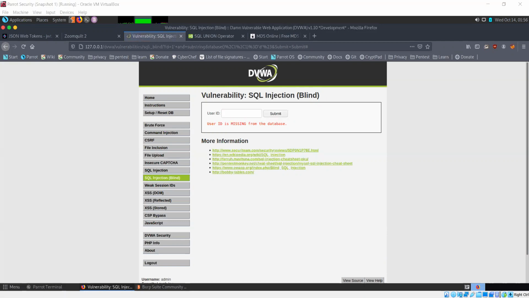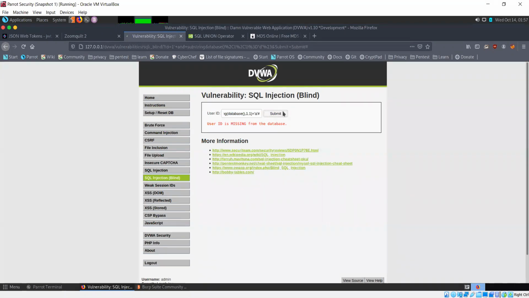Again, it's telling us missing from the database. Are we sure our statement is correct? Okay, now the statement itself has an issue here. My bad.